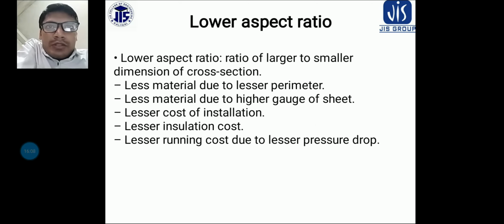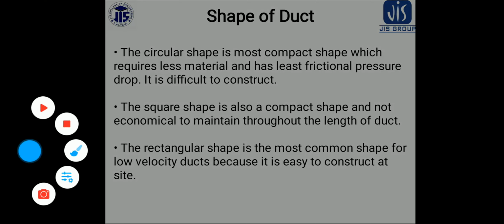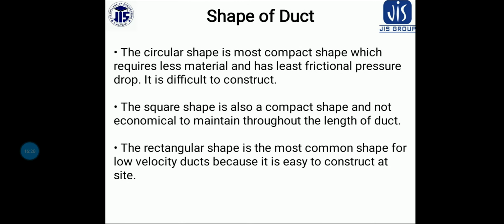Now, if I'm talking about the general aspect of the duct system, the function of the duct is to convey the air between 2 points. Am I right? So the function of the duct is to convey the air between 2 points, such as between the air handling unit or air washer and the room to be conditioned. It also returns the room air back to the air conditioning apparatus.